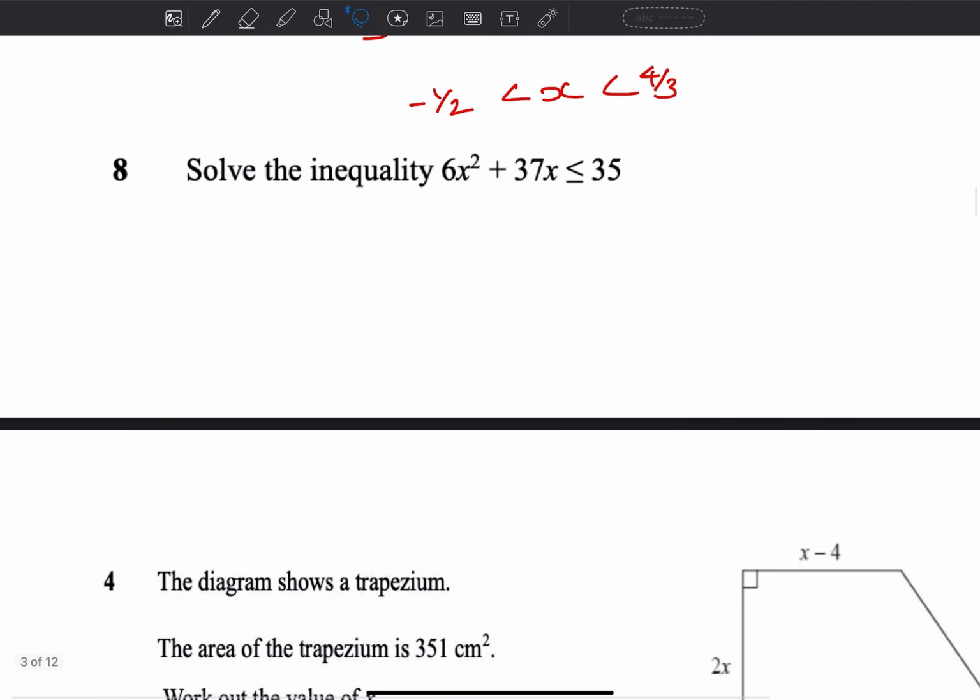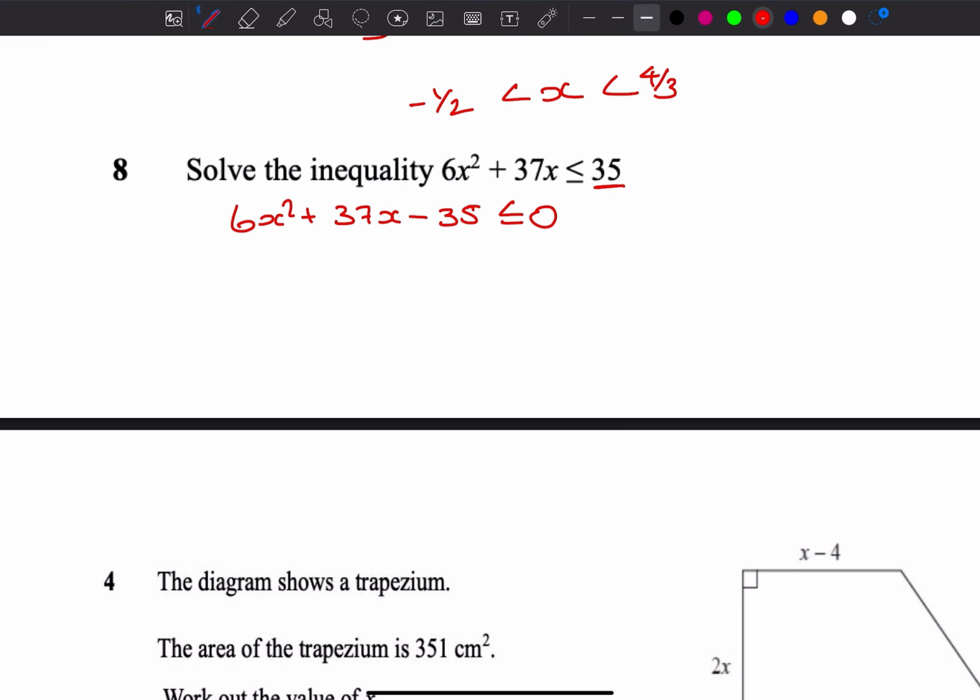Look at this one. You cannot do this because the right side is not equal to 0. It needs to be equal to 0, so make it equal to 0. 6x squared plus 37x minus 35, because it's positive 35, bring in minus 35, less than or equal to 0. Remember, it's jumping this thing, isn't it? Then what do we do? 6 times minus 35